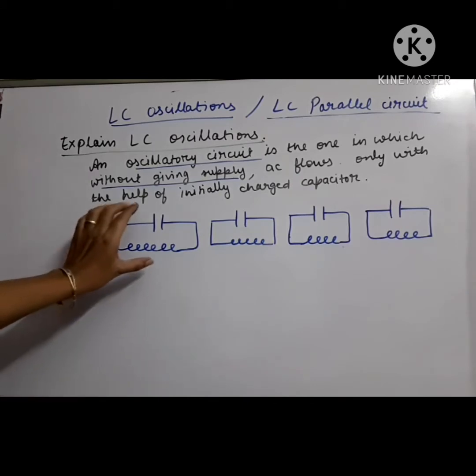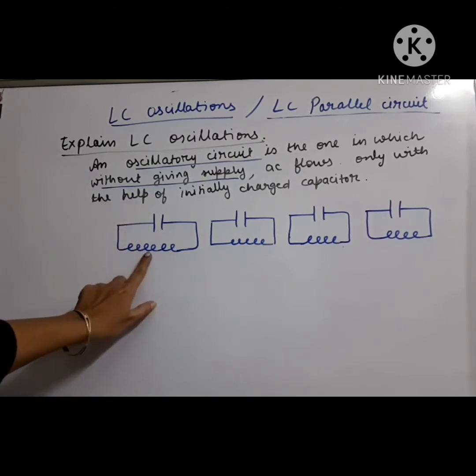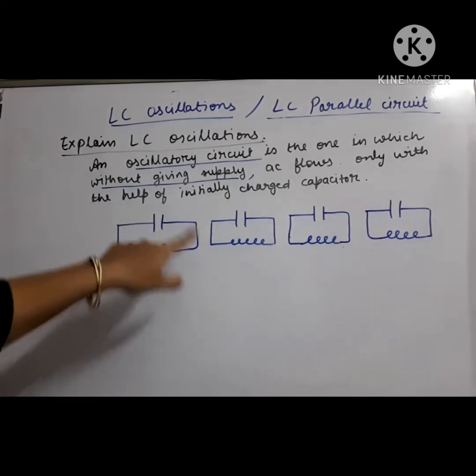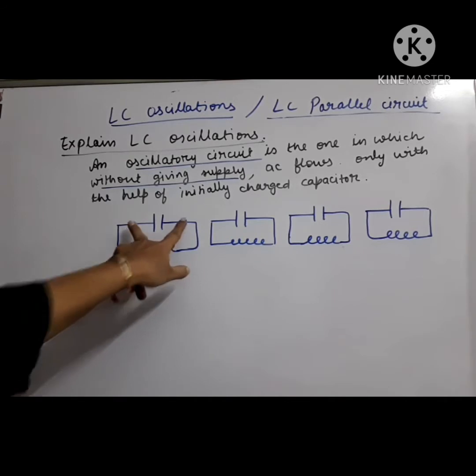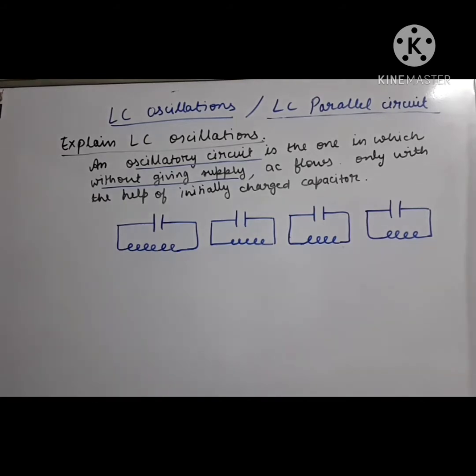Let us start. This is our LC circuit. This is L, that means inductor, and this is C, that means capacitor. Now these are connected in parallel, we can say, because no AC supply is connected. So the two ends of the capacitor are connected with the two ends of the inductor. So if both the ends are common, we can call it a parallel circuit. Now we have to understand here how the current flowing through it will be alternating current. That means we have to understand the direction of the current.